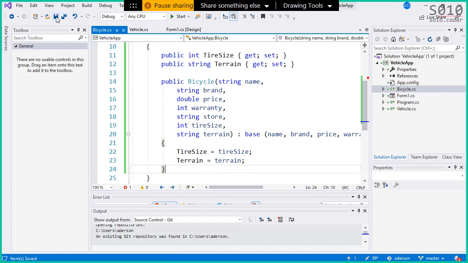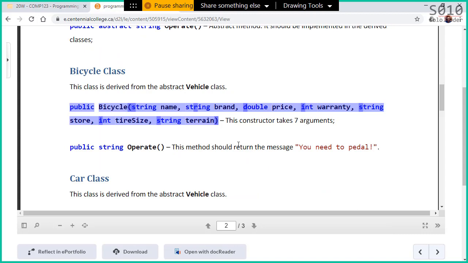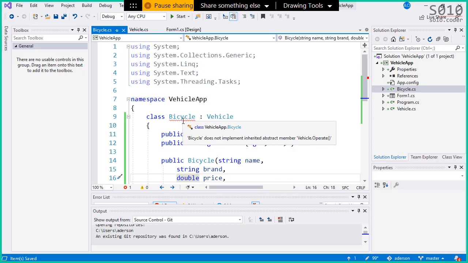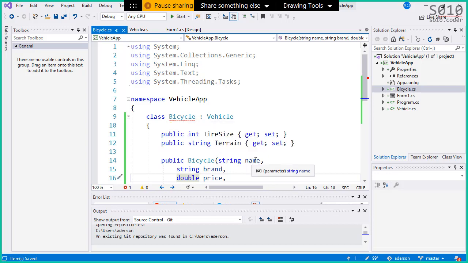Again, any questions here? Any questions with the second class? Okay, we are missing something here. We are missing the operate. So we need to define the operate in the child. That's the reason why we're still getting an error here. So we're gonna have to say